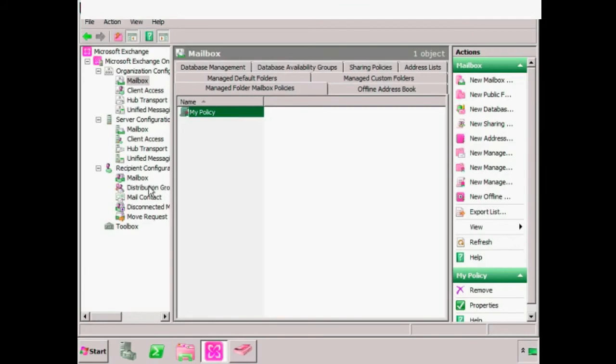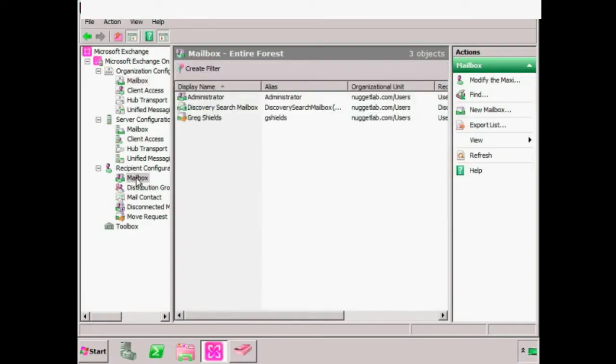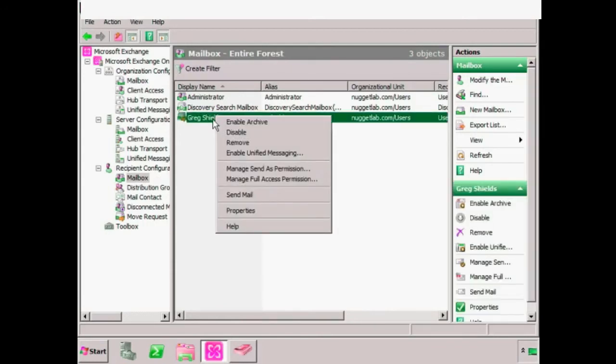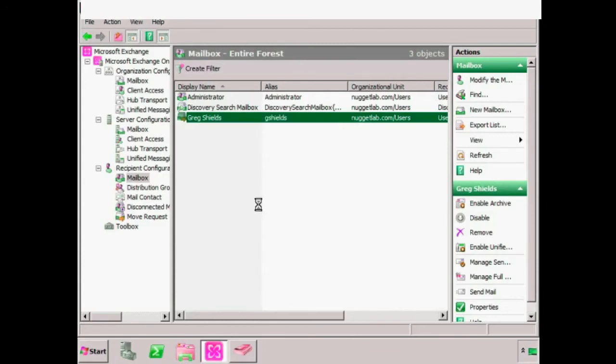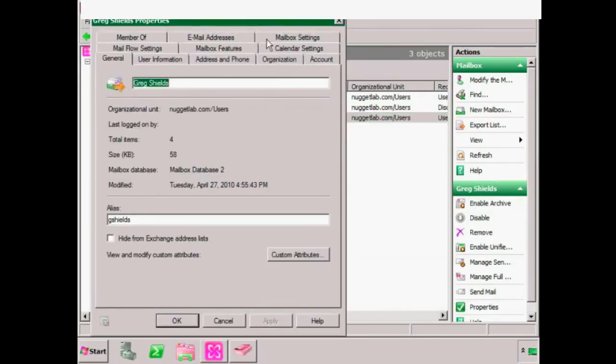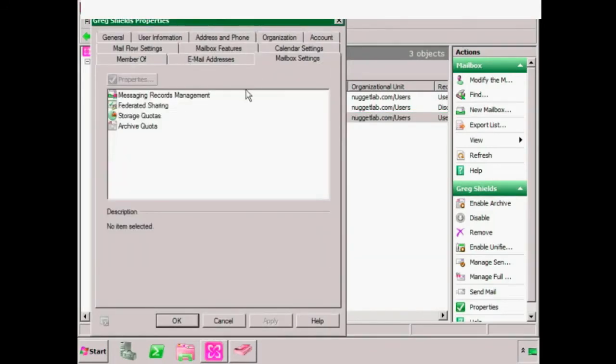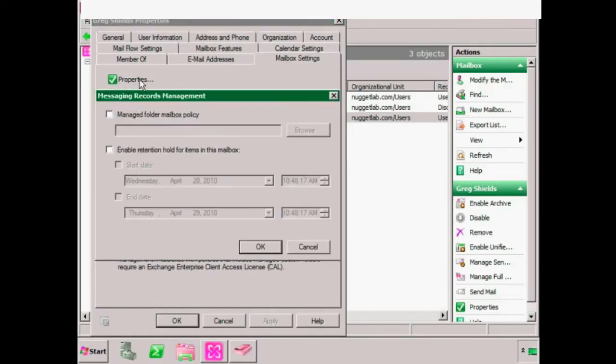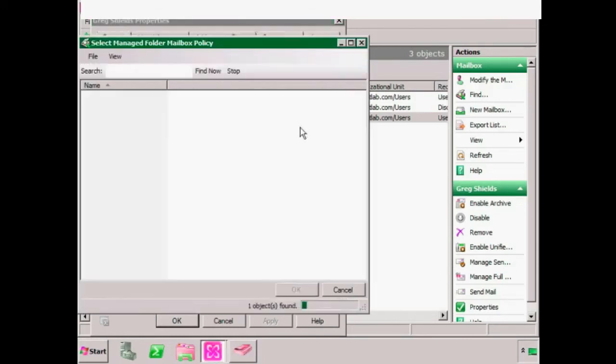The last step in this process is to go down here to the individual user that we want to assign this policy to. Let's say for the Greg Shields user, we need to assign this policy. We can do that here under Properties. And under Mailbox Settings here, we can choose Messaging Records Management. We've already been here before in the last nugget, but what we want to take a look at here are the properties of Messaging Records Management